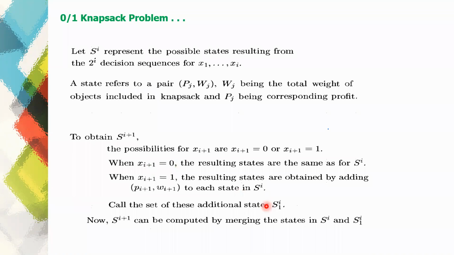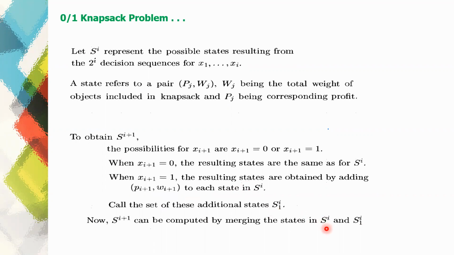Then once Si+1 is prepared, Si+1 and Si, these two will be merged. So this is addition operation. You are going to add the profit and weight of the i+1th object to the states in the Si,